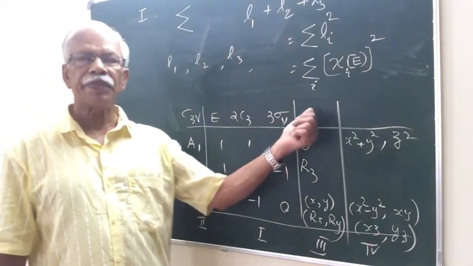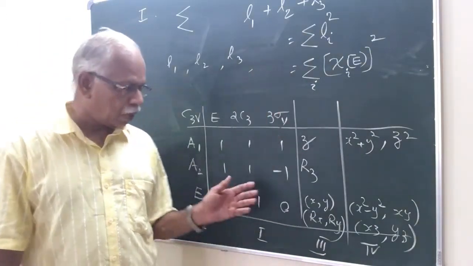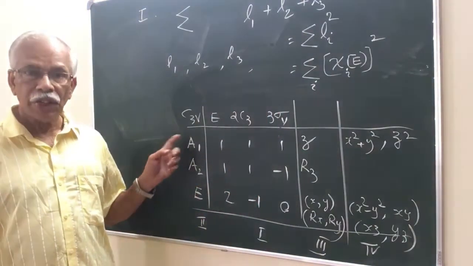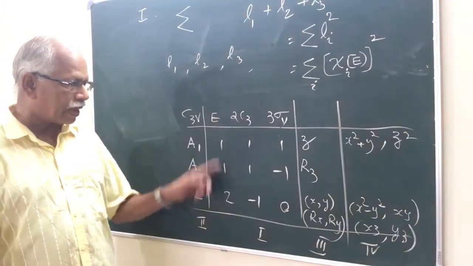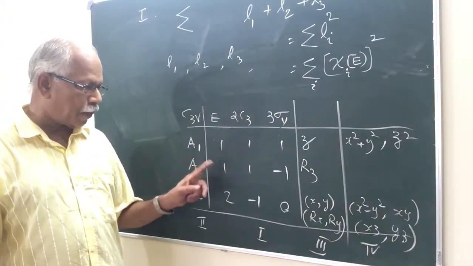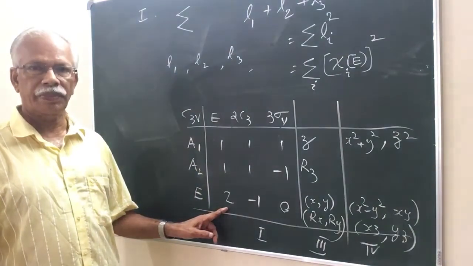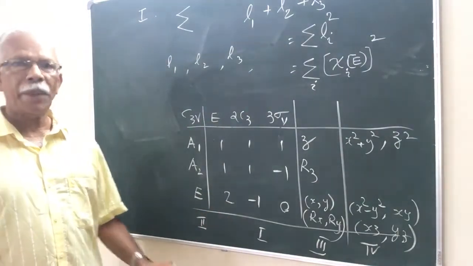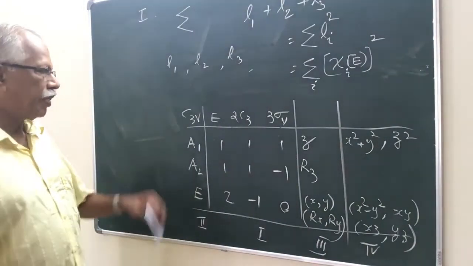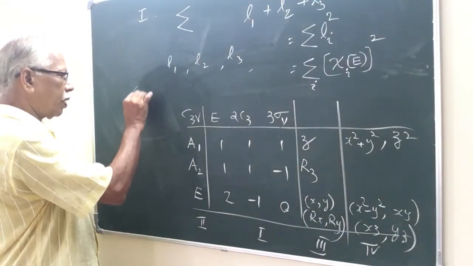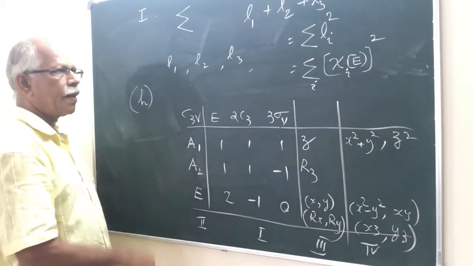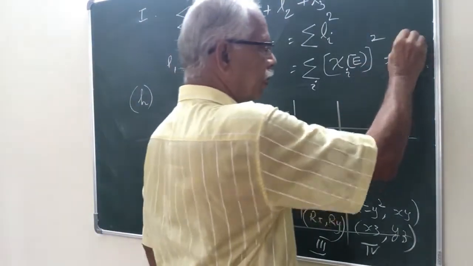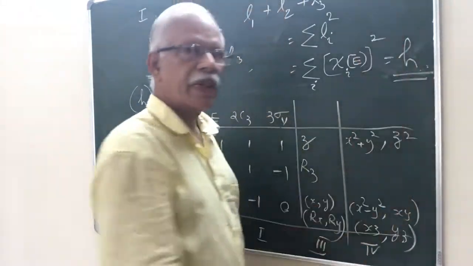You can easily verify this rule by looking at the C3v character table. These are the dimensions. So 1 squared plus 1 squared plus 2 squared, you get 6. 6 is the total number of operations in the C3v group. The order of the group is denoted by h. This will be equal to h. Second rule is